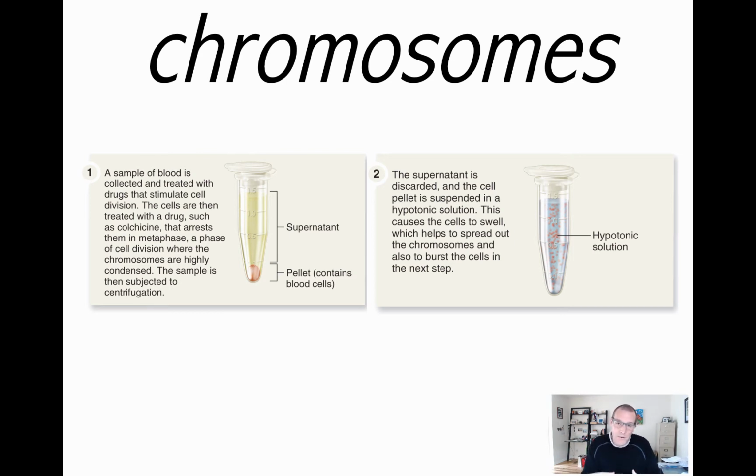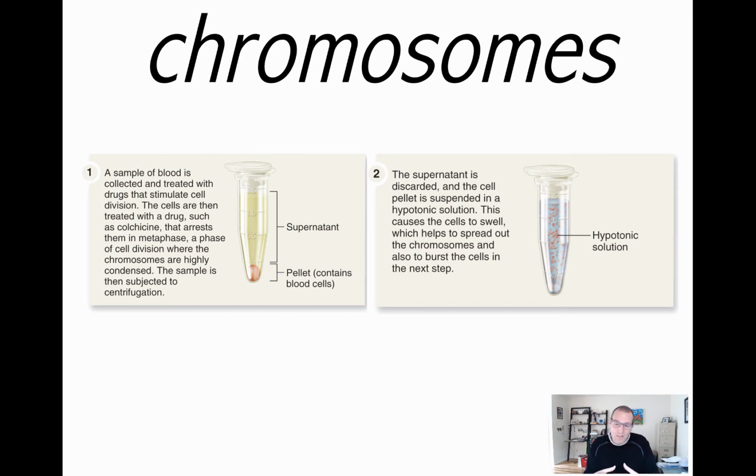So you get the cells growing in a dish, and then you add a drug to those cells which causes them to divide, and what you actually do is you can stop them dividing, so they stop dividing in a stage of the mitotic cell cycle called metaphase, and we'll take a look at that later. So what you then do is you can take those cells, or you can also take blood, and you can do this with blood as well,